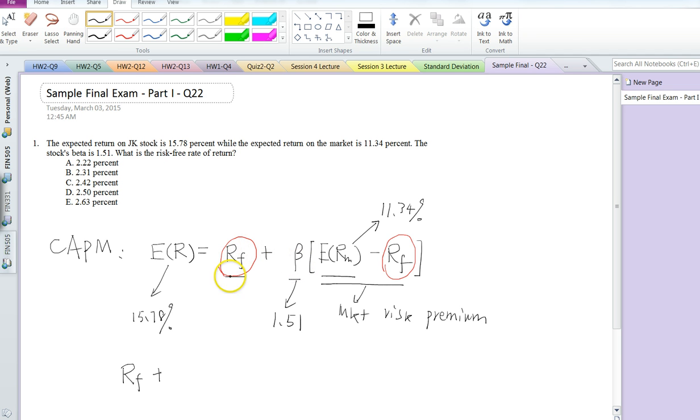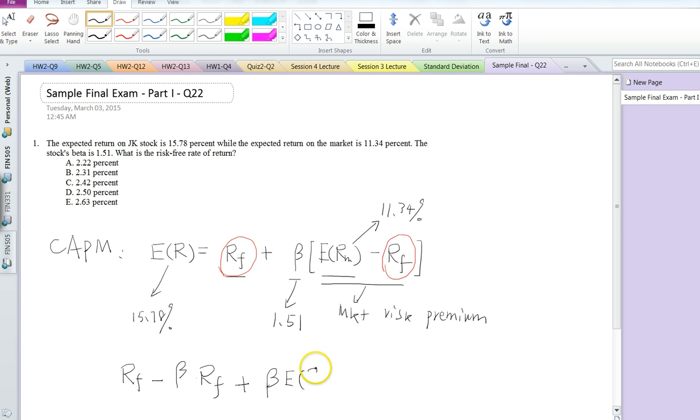I have an RF here and an RF here, but it needs to be multiplied by beta. Not plus, because we have a minus sign, so I need to change this to minus, and then plus, using the distribution rule, beta times